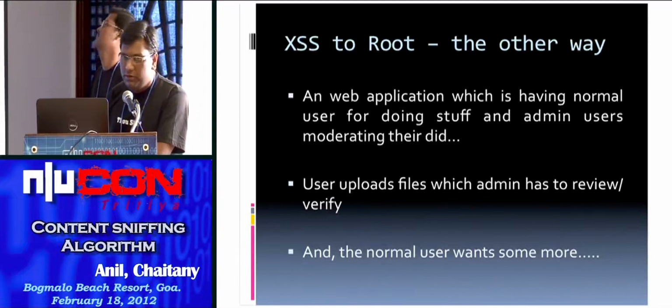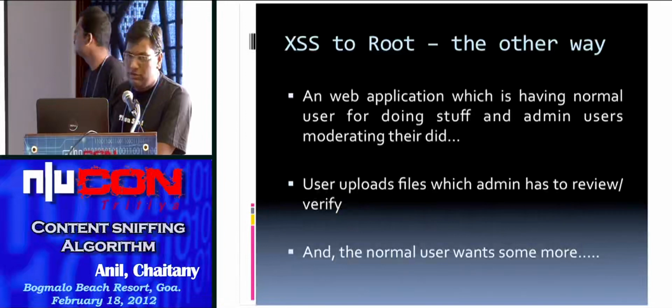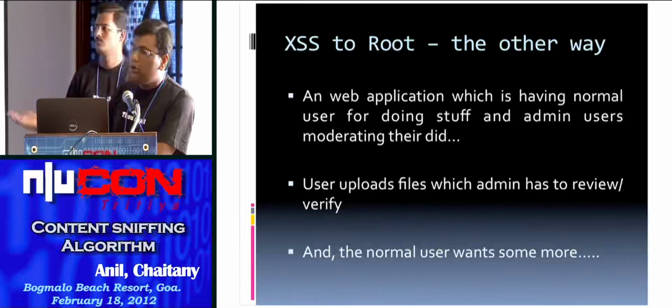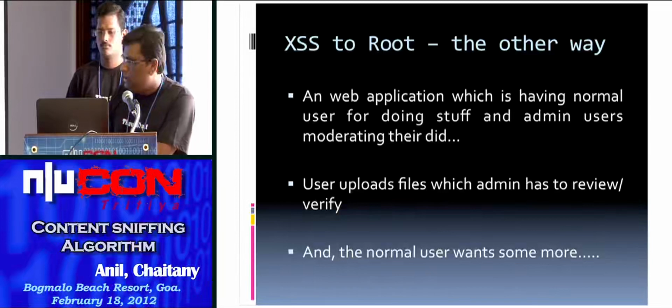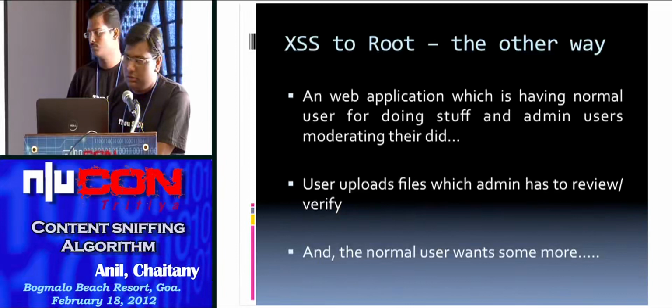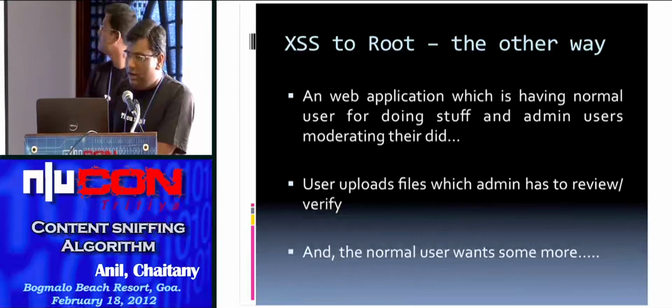Obviously a tender will most probably be a document file, so any kind of file can be used in this kind of attack. The normal user has functionality to upload these files on the web server, and the administrator's job is to view and review those files and then give the normal user a response. But in this scenario, the normal user is not happy with his privileges. He wants to do something more. What he can do is,